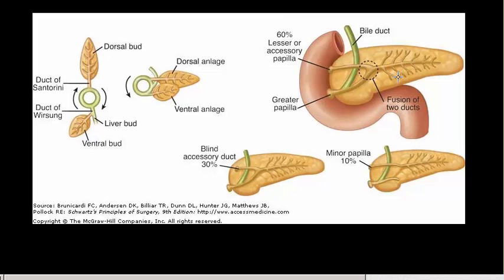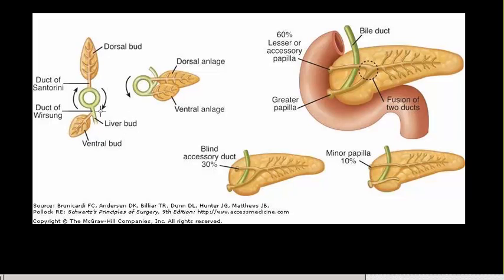So, okay, now I'm going to talk about the ducts of the pancreas. And to understand the ducts of the pancreas and the normal variability of the sides of the ducts of the pancreas, we have to understand a little bit about the embryology of the pancreas. Okay, that pancreas, beautiful pancreas that we see, is a result of connection between the dorsal bud of the pancreas